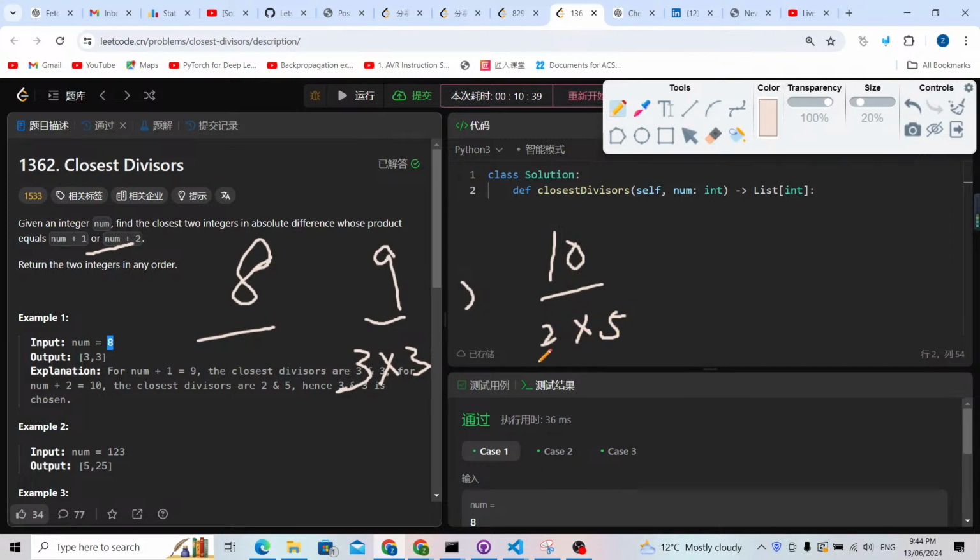The absolute difference for 2 and 5 is going to be 3, and the absolute difference of 3 and 3 is going to be 0. So we're going to return 3 and 3. So for this problem, basically we're going to use